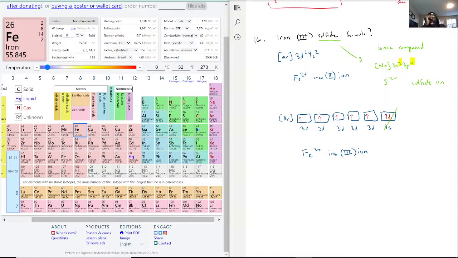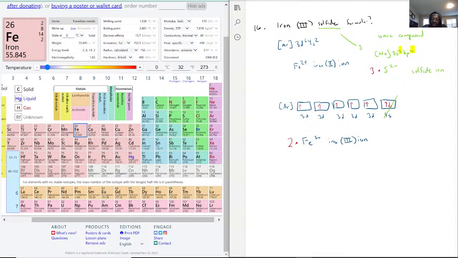So we want the lowest multiple of 2 and 3, which is 6. You multiply the iron part by 2 and the sulfur part by 3, so now we have a total charge of 6 plus and a charge of 6 minus. You put it together and now you have